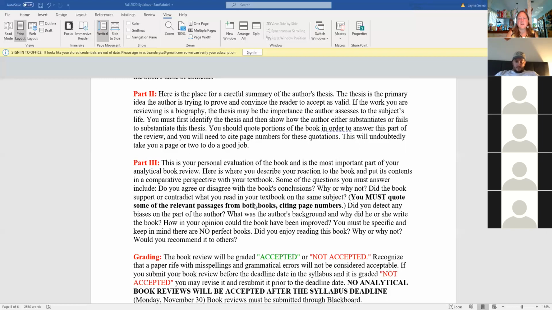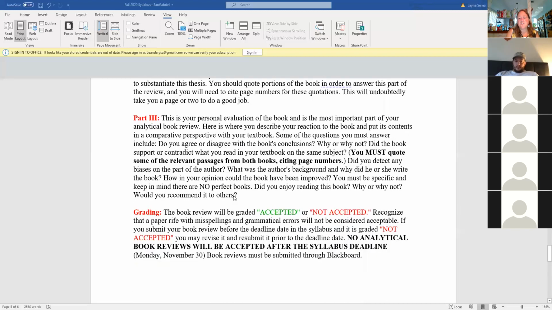It was really hard to understand, and that book had won a Pulitzer Prize. So, you know, and sometimes people will say like the book is boring. That is not a very academic critique of a book. So it doesn't mean that you can't be bored by the book, but maybe they talked too much about somebody's childhood, or they talked too much about why their favorite color was green, or something stupid like that. You can say that, like, this part was confusing, I think this part was unnecessary, but don't just say it was boring. And then it'll either be accepted or not accepted.